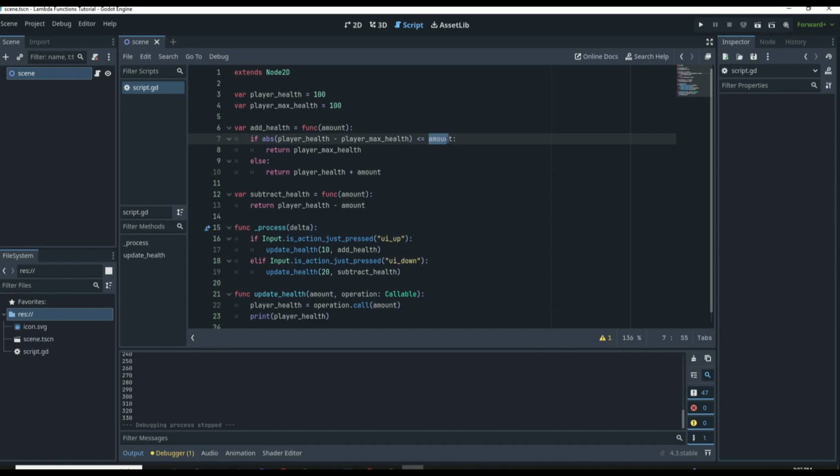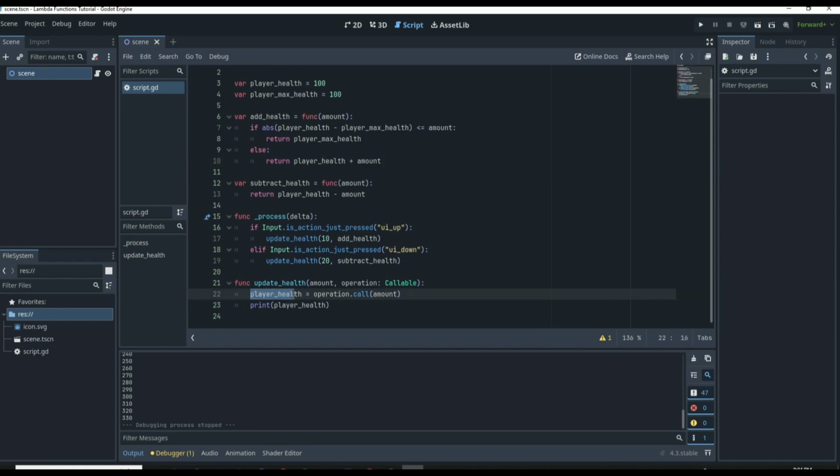So let's see. No. 80 will be more than the amount that we're trying to add, right? Because I was thinking of negative 80 for some reason, but it's the absolute. So 80 is not less than 40, meaning that we'll go to the else statement and we'll return player health plus amount. So we'll return that original 20 plus the 40,